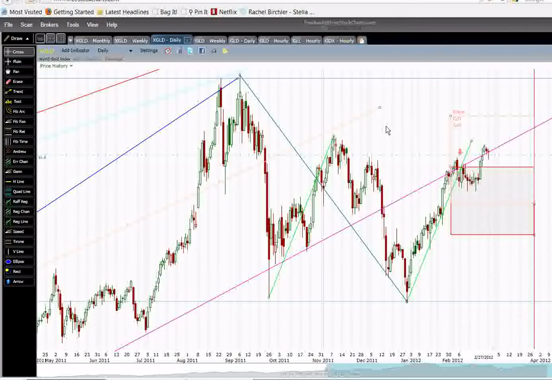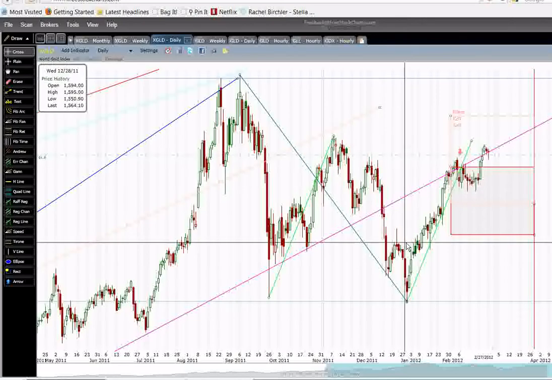Another thing I wanted to point out in gold is that the average leg down in gold in history in a bear market is approximately 4 months, approximately 20%, give or take a few days and a couple percent there. And what we had down here was basically a 20-day move down on this first downward move, and then a rally, which was a pretty typical bear market rally. And then we saw